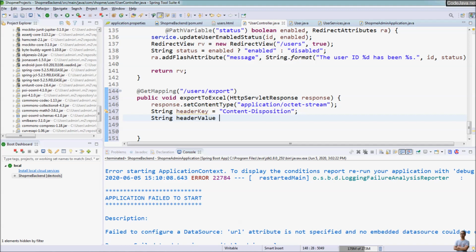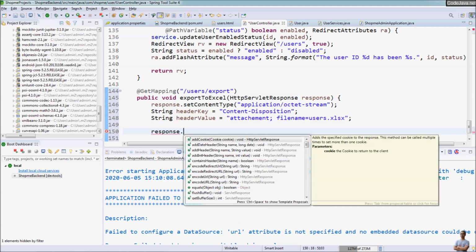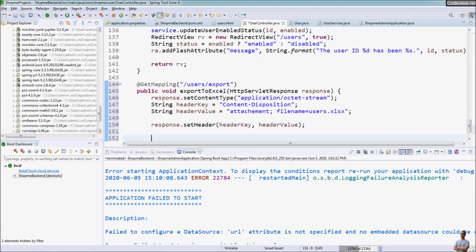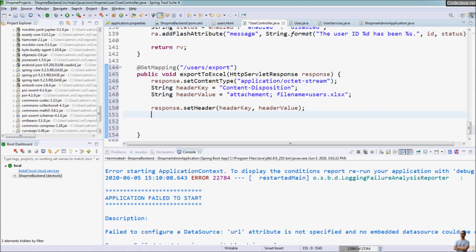and the header value containing the file name, which is attachment; filename=users_user.xlsx, which is an extension for Microsoft Excel file, Microsoft Excel document. And then we set the header for the response. Set header key, and header value. So by writing this code, the browser will interpret the response as octet-stream. So it will download the document,